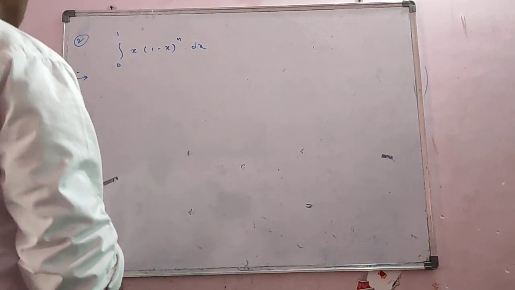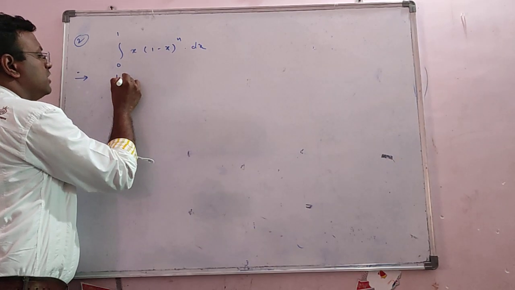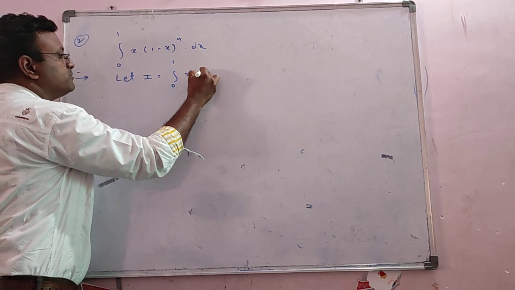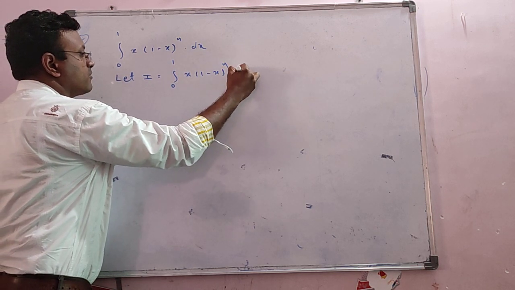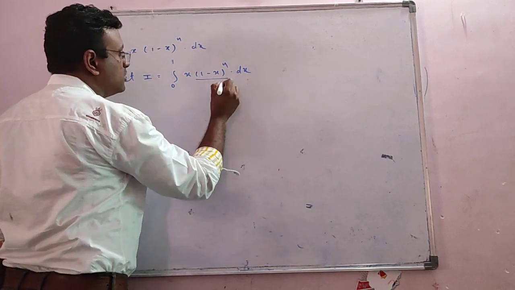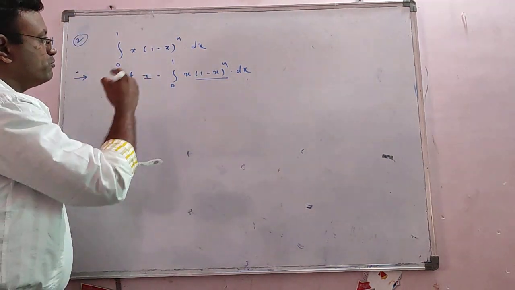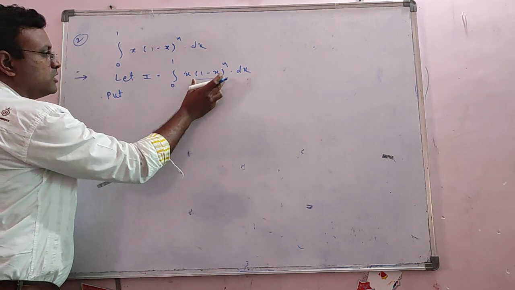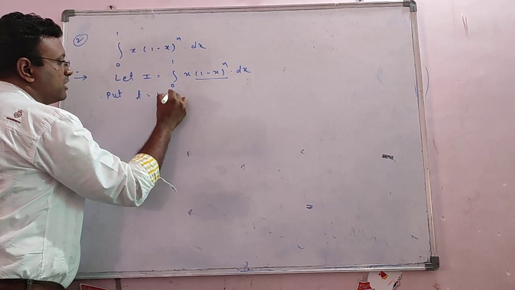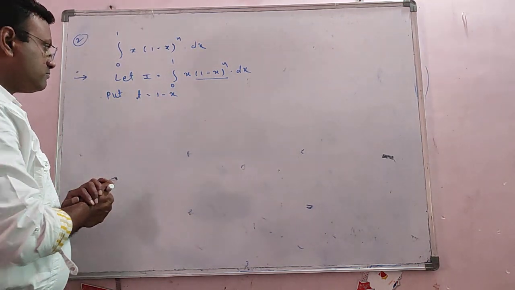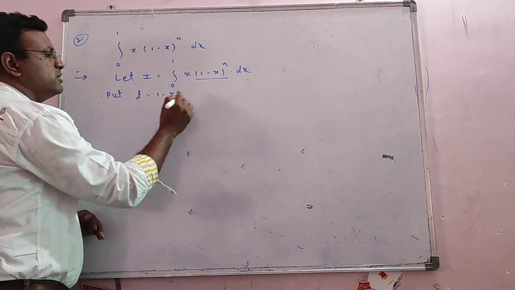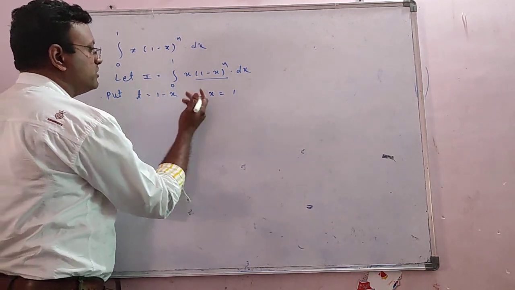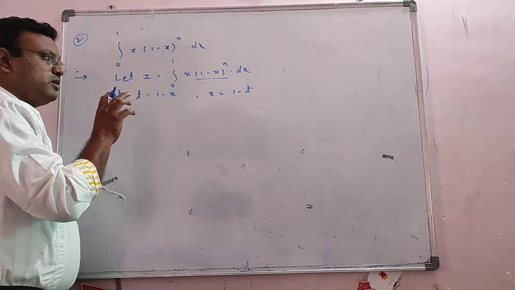Now see, what is given to us, we first have to label it. Let I be equal to the given integral. Now, as the whole power of this bracket has come, we have to substitute, or you may say put, this bracket equal to one dummy parameter, that is t. When t is equal to 1 minus x, what will be x? x will move to this side, 1 is there, and t will move to this side. So the value of x will be 1 minus t.